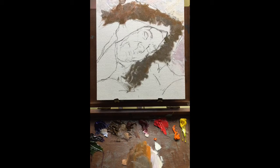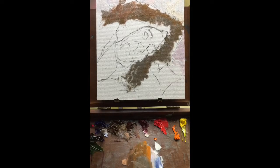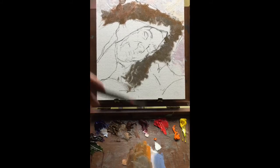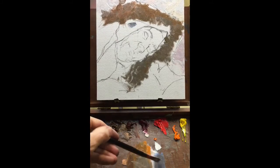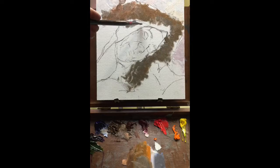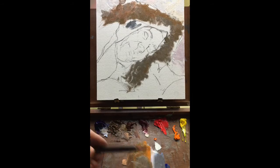So working now towards the face, I'm actually going to put in, looks like she's got a hood or a hoodie on underneath the fur, the fur top of the coat. So I'm going to bring some greys, bluey greys, so just taking some burnt umber and some ultramarine to give me a nice grey, and start to bring this in. It needs to go darker, so more burnt umber and ultramarine together,